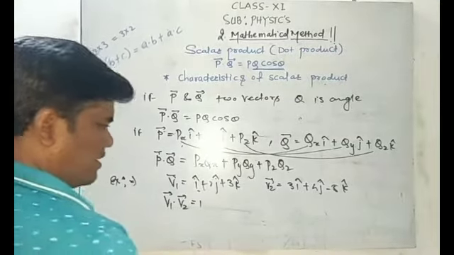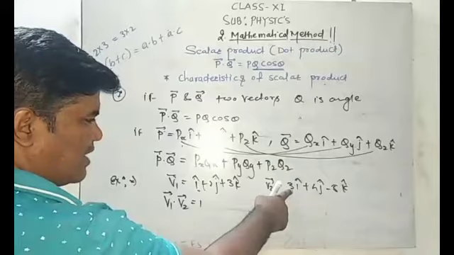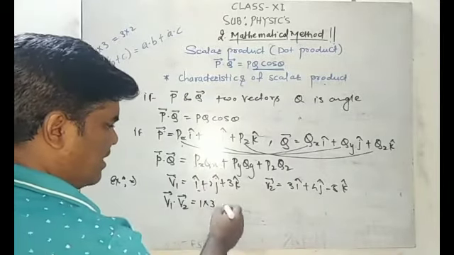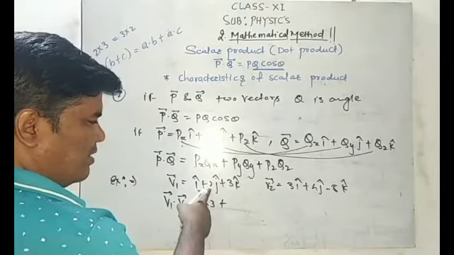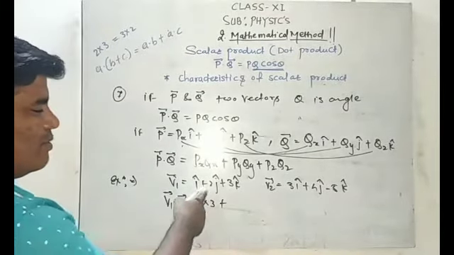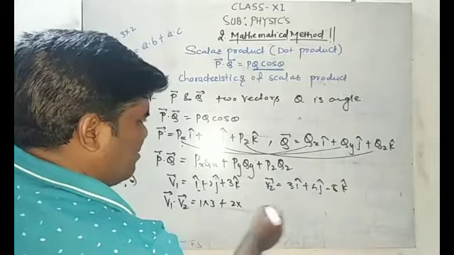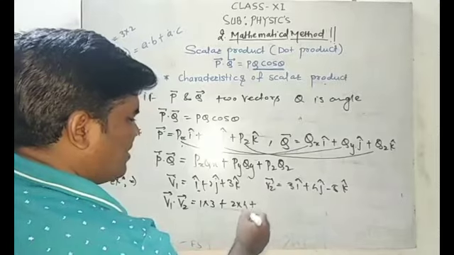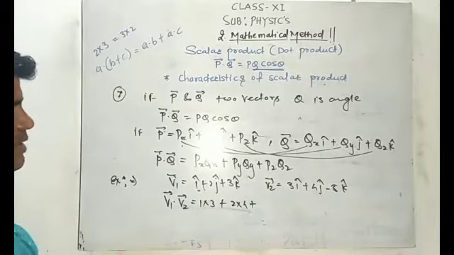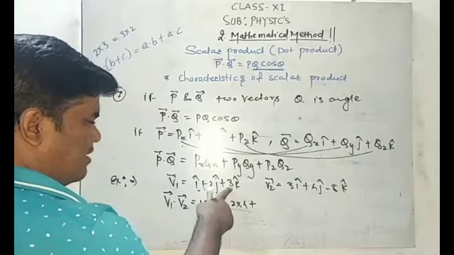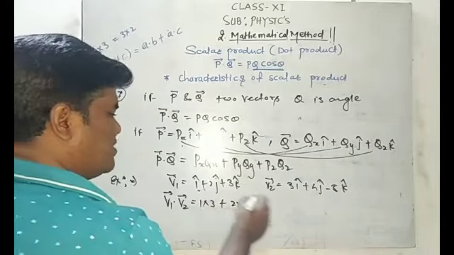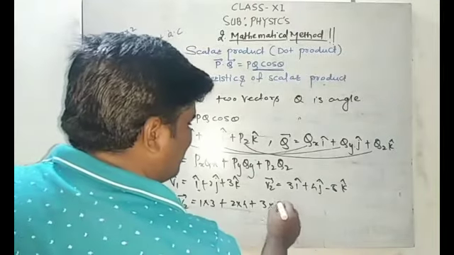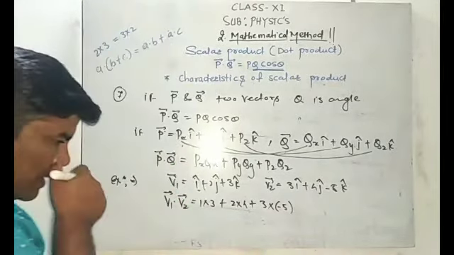That is 1. What is the magnitude along the x-axis in the second vector? That is 3. Multiply by 3, right? By this formula. Plus the magnitude of y in the first vector, that is 2, and the magnitude of y in the second vector, that is 4. Plus, the sign in both is plus. Plus the magnitude of z in the first vector, that is 3, multiplied by the magnitude of z in the second vector, that is minus 5.